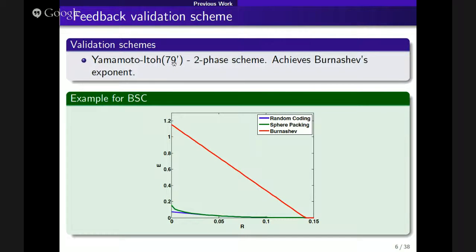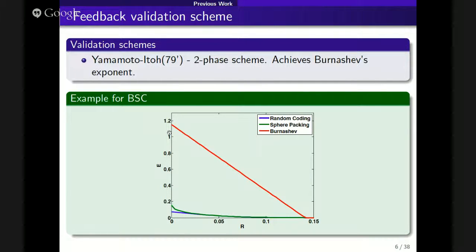Can you hear us? Yeah. What is W? What is the y-axis here? The actual value of the exponent. Oh. So the capacity is the same, but the exponent is... Yeah, capacity is here, right? Capacity is where all these lines meet 0. The exponent is 0 once you reach capacity, right? But the actual exponent you get is much, much higher with feedback.